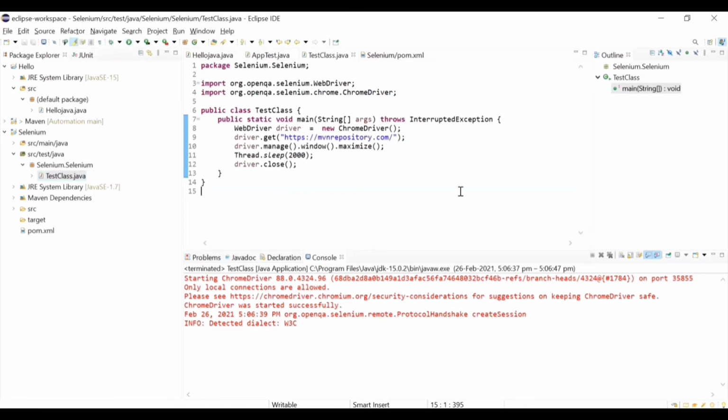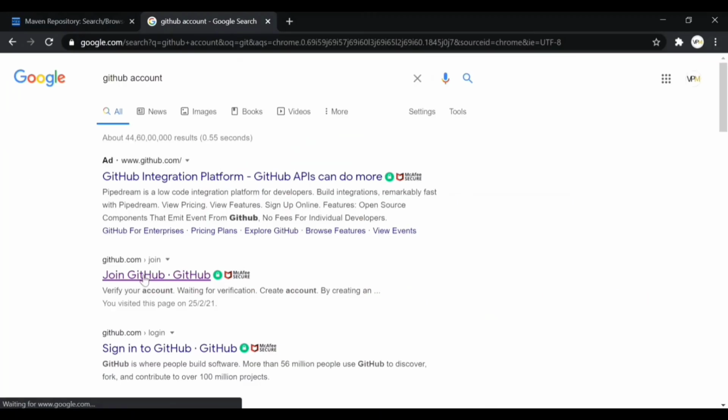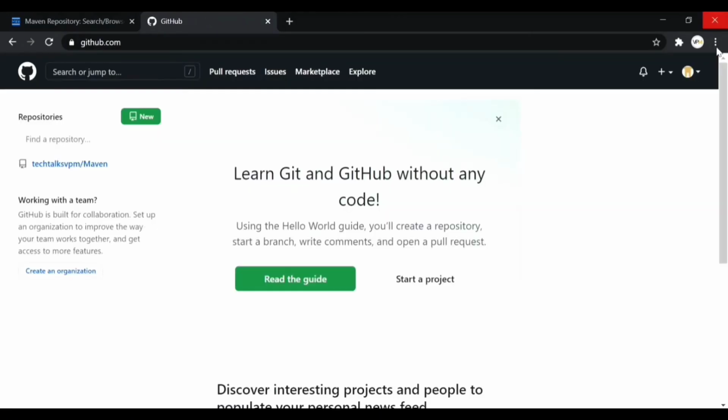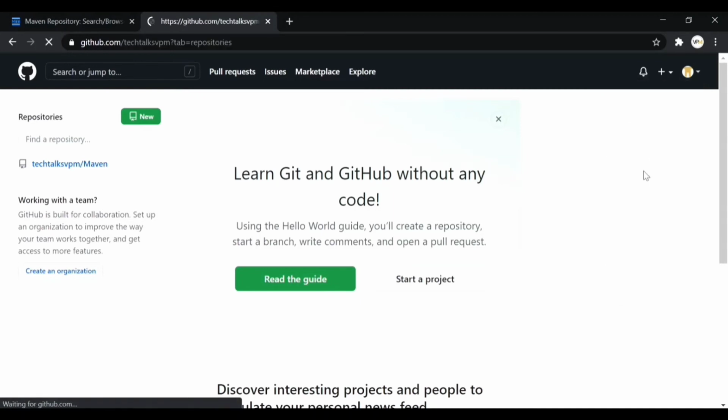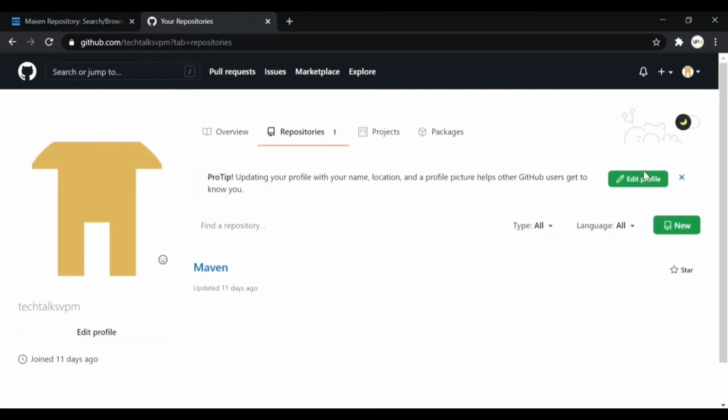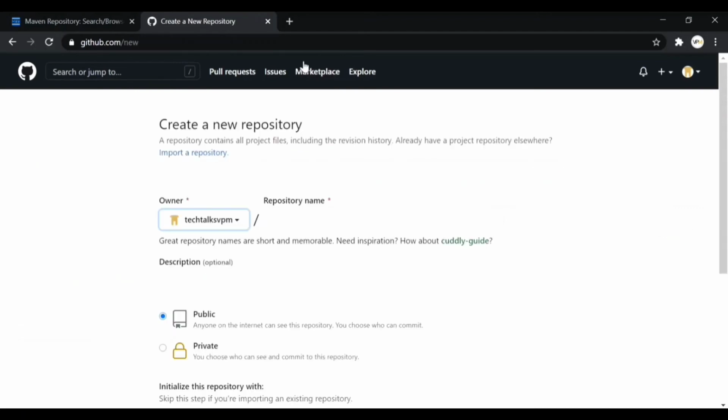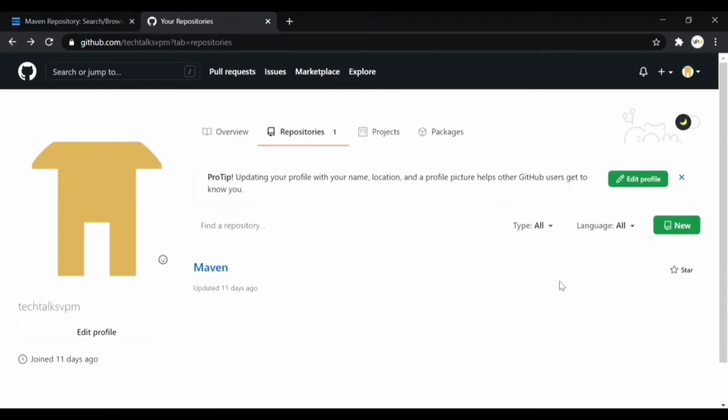Now we have to push this code to GitHub. In order to push some code to GitHub, first you need to create a repository in your GitHub account, right? So you can create a GitHub repository. I just explained how to create a repository as soon as we created the GitHub account.